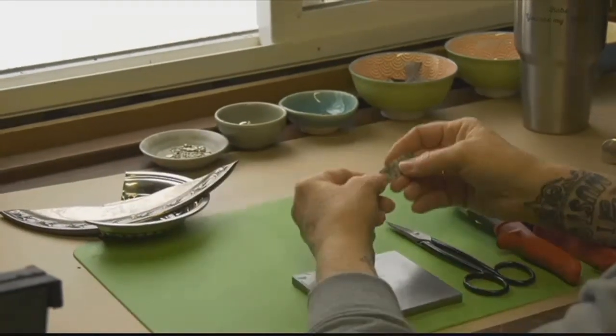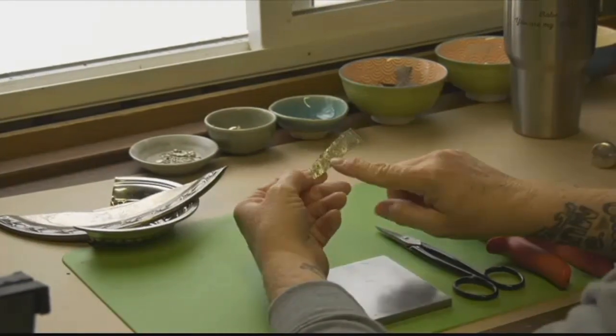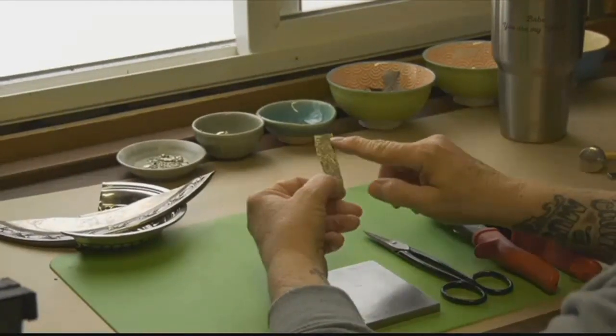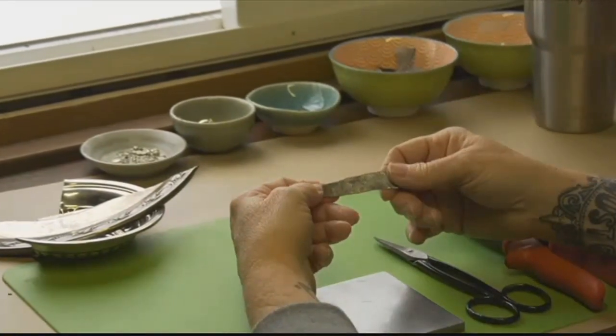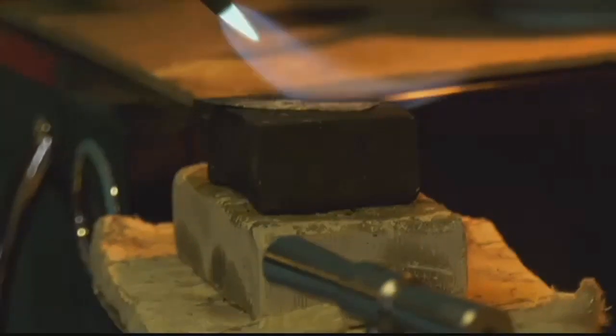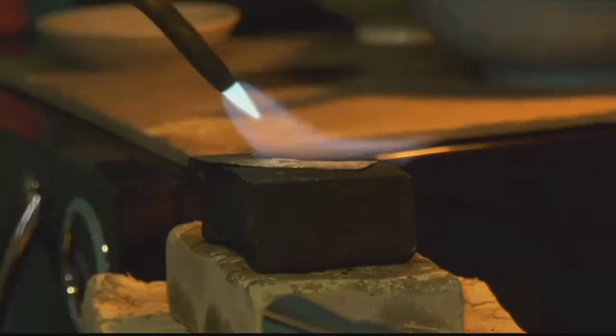But so yesterday I cut a piece out of this, took it down to the river and hammered out a little bit of a river rock texture for the inside of this one. I can do inside or outside, but being on the river is a really big thing to me. It's really important. That's just the beginning for this salvage serving tray on its way to becoming a work of art. Using heat